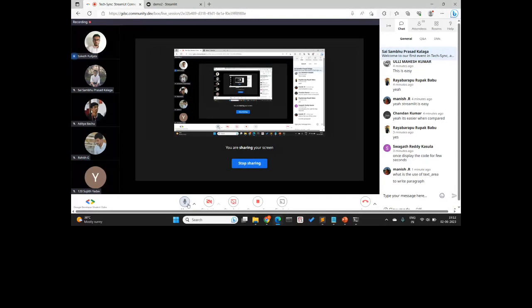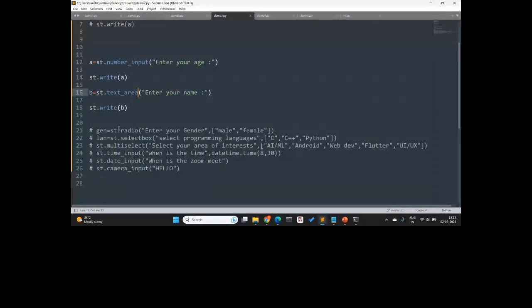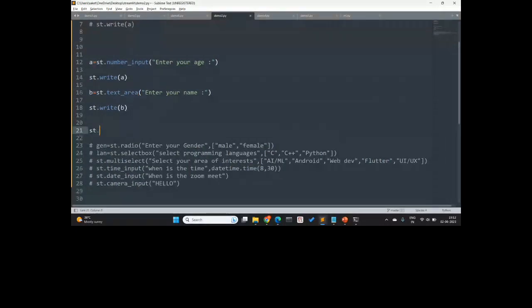So I think everyone has done this. Let's see the next functions. There is a function called st.radio. I think everyone has heard of this. This function is used to take an input like options, like gender, male or female. The user can only select one option. So st.radio of